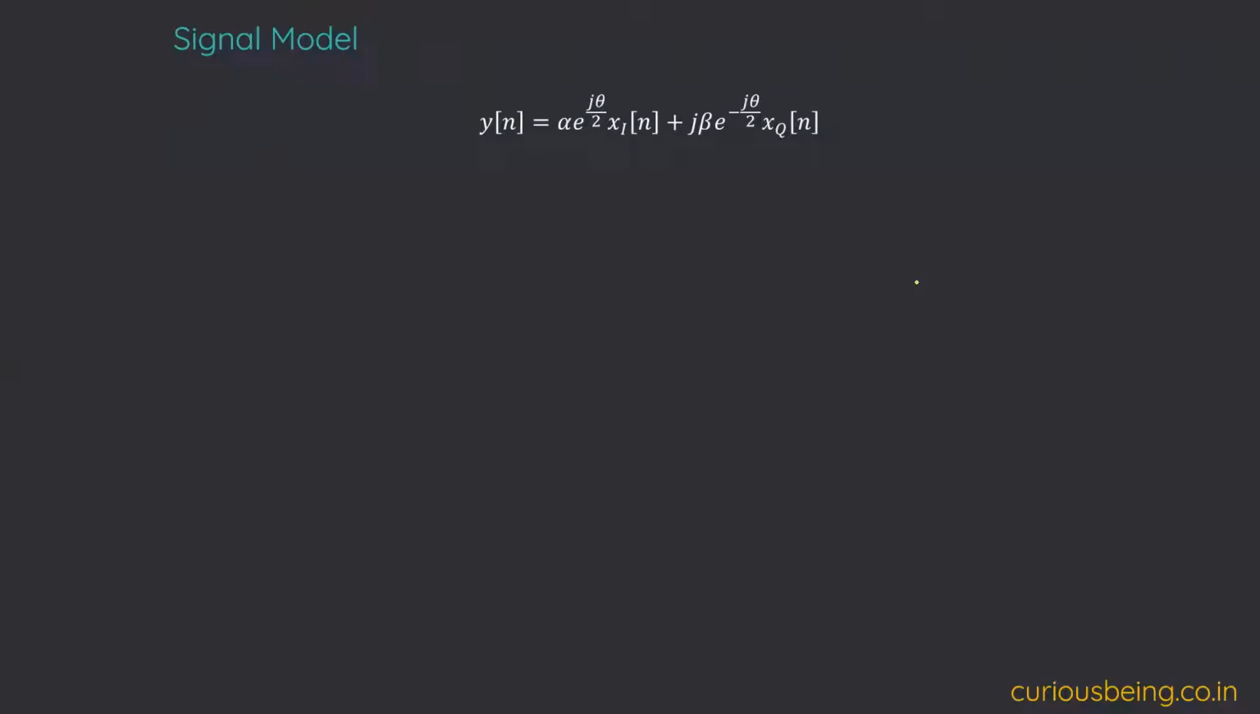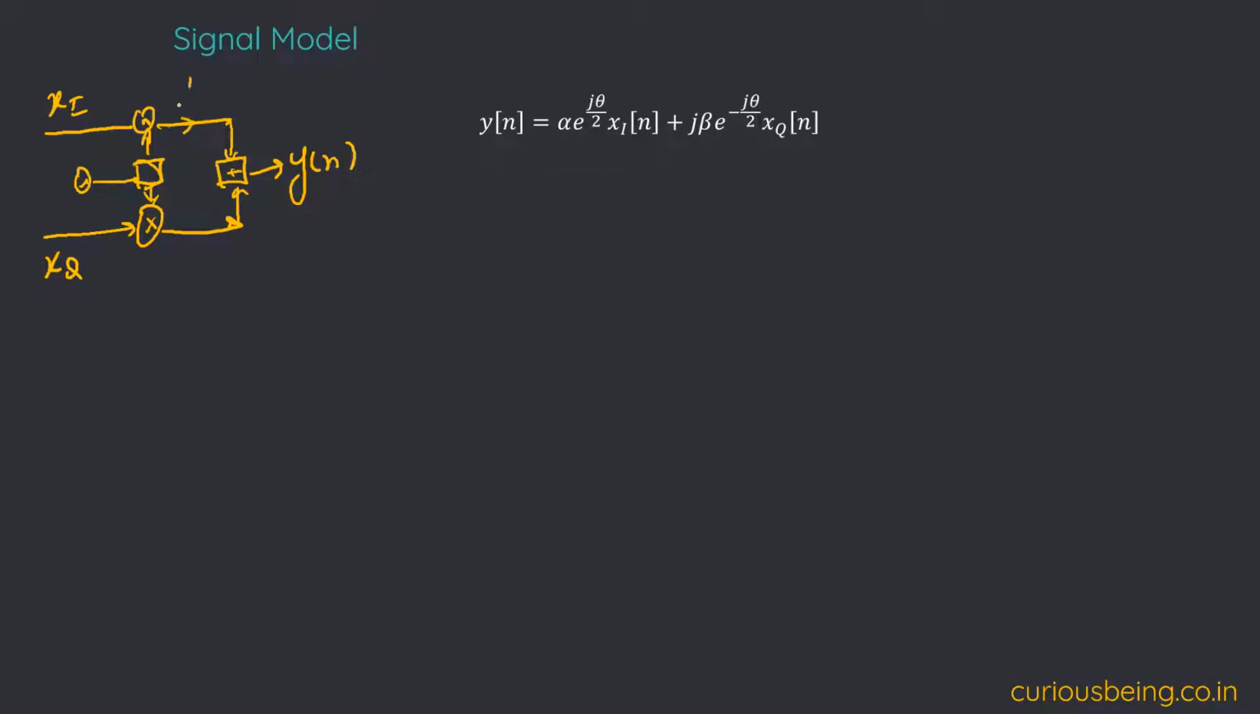Now, let's try to understand its signal model. So let me write it like this. If this is the I branch, this is the Q branch. Here I am doing multiplication by my LO, and this is finally the y[n]. So assume that the gain in this branch is alpha, the gain in this branch is beta, and some phase